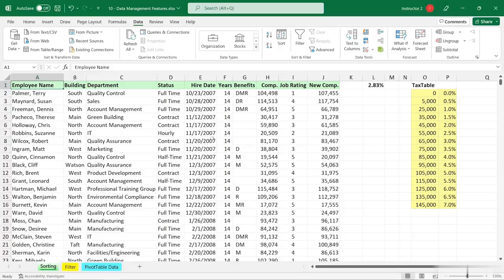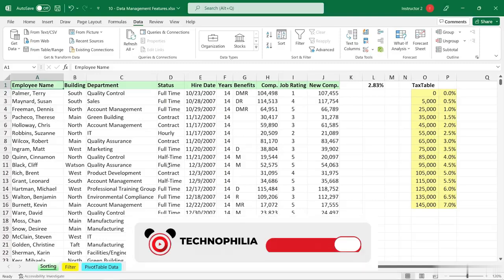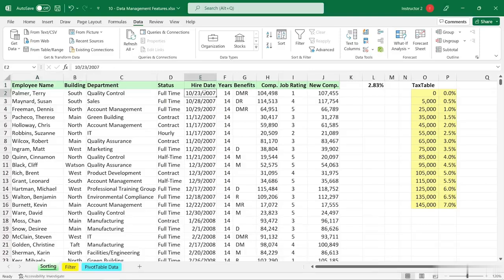And at different times, we want to sort based on what we see in one of the columns, one or more of the columns to be more accurate. Currently, this list is sorted by hire date. Those people hired earliest appear at the top of the list here. But for sorting, always make sure that any other data that might be on this worksheet, like this data to the right, is separated from the list that we want to sort by at least one empty column,